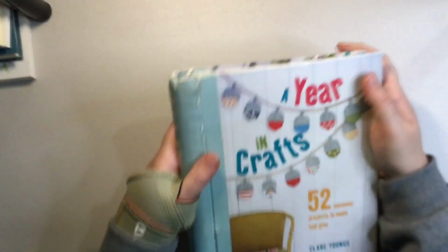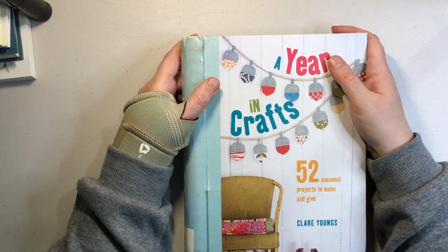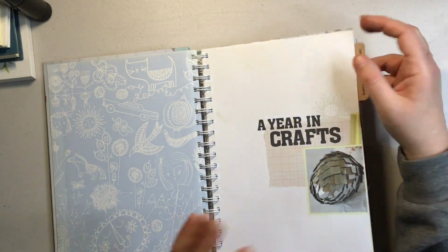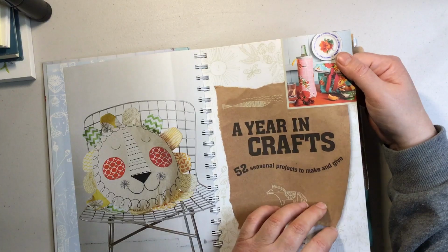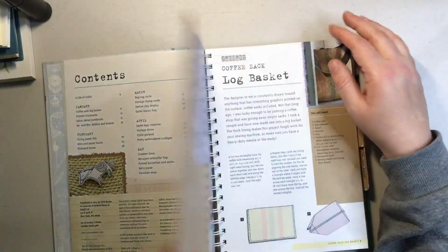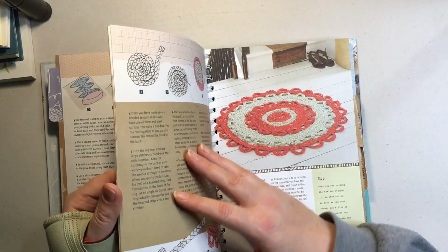This is a year in crafts, 52 seasonal projects to make and give. Just me not being able to see good craft books go in the bin each day, even though I won't make any of the stuff, but sometimes I get nice ideas. And this one looked interesting. It had a whole lot of different stuff, so...